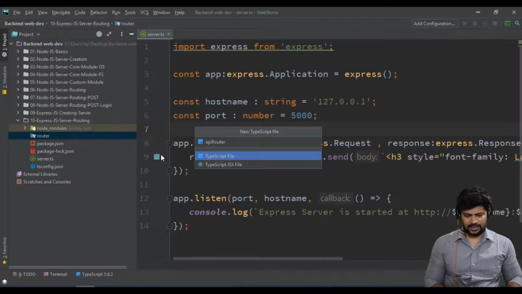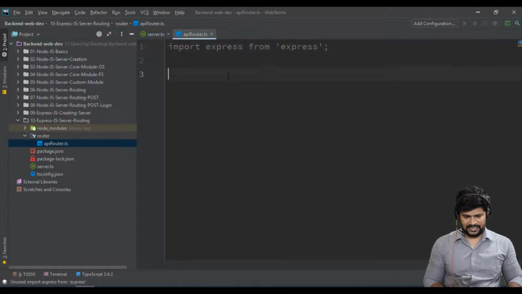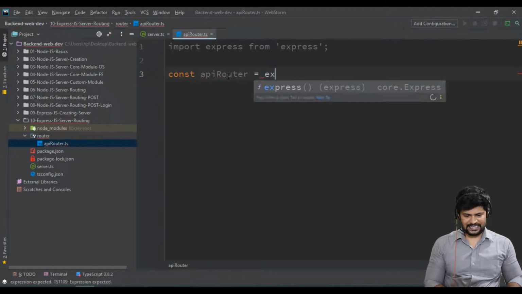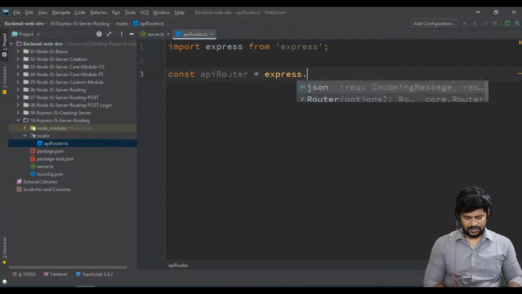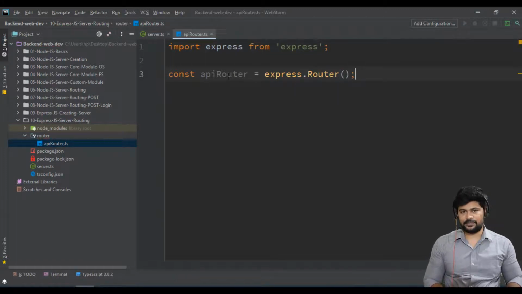API router. How you create a router using Express is, they have given some functions for us to create a router. Let's say import express from express. You need to import it, and then how you create a router is const API router equals express.router.